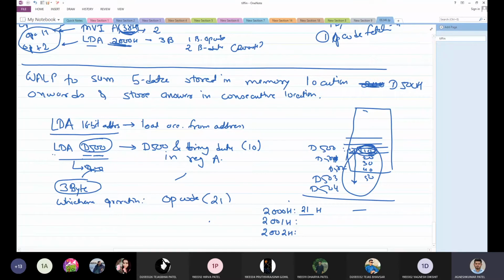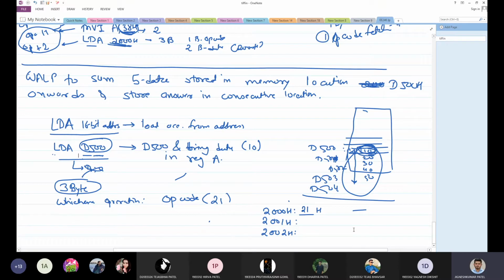So this address I have to tell to 8085. How am I going to tell that address? There is no magic going on inside. So you have to tell it through instruction. So I have given the instruction 21, but along with 21, it will require the address. What is the address? Along with 21, I have to provide the address.